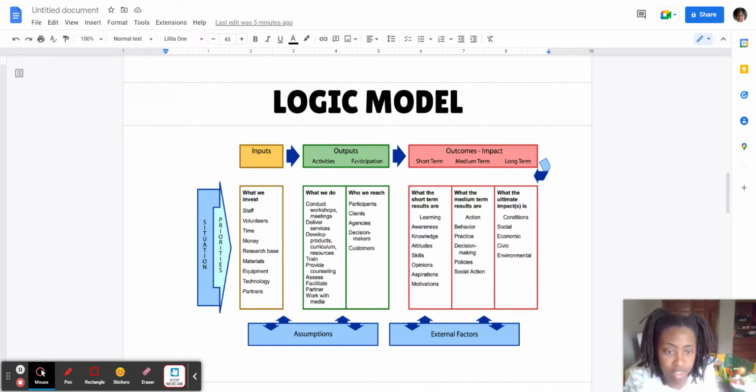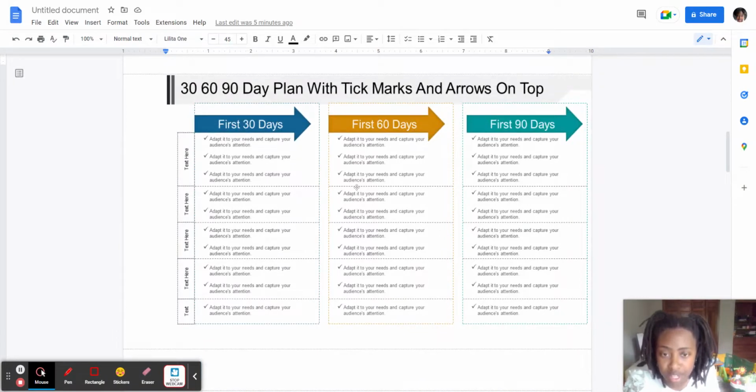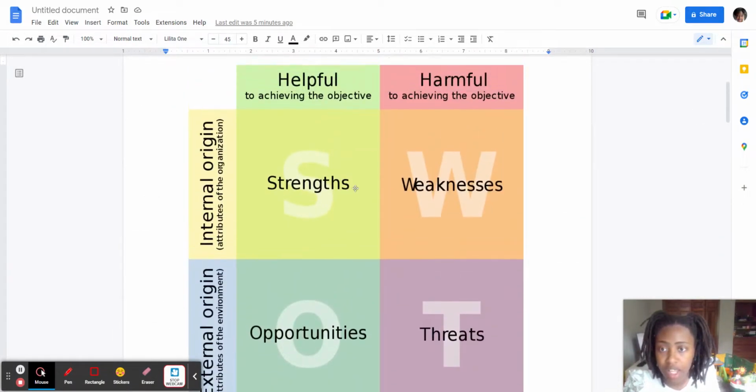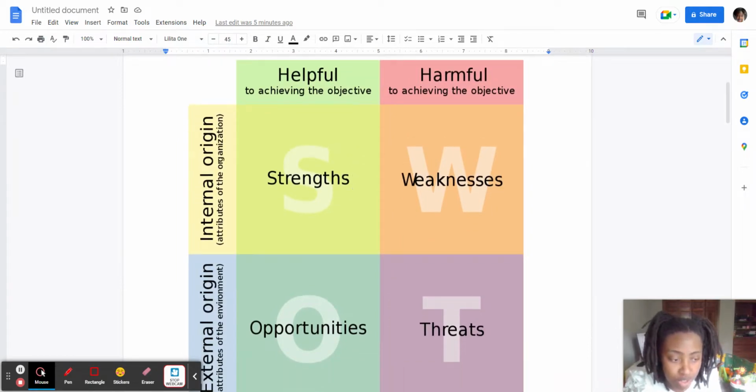So again, you have your logic model, you have a 30-60-90 plan, and you have a SWOT analysis. So these are three great tools that you could use to help you assess data. You could use them at any point throughout a school year, but you want to be strategic when you use these. You could use them at the beginning of the school year, come back towards the middle of the year,